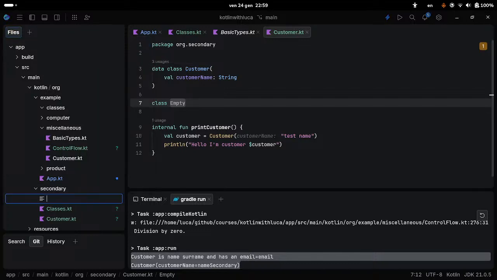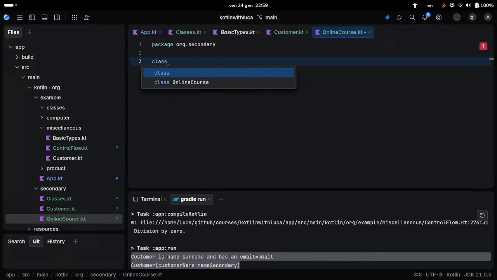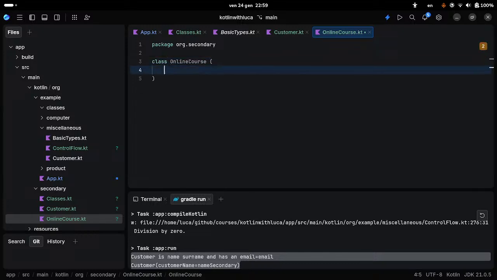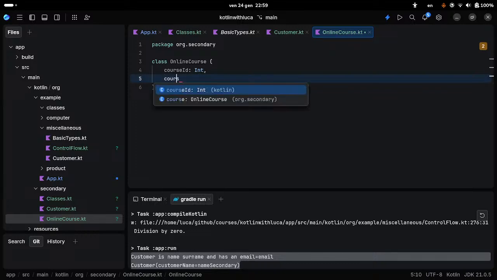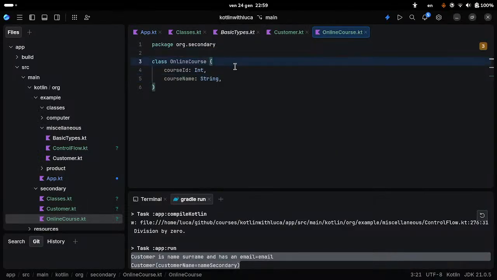I have an example here, let's say OnlineCourse.kt. And now we're going to say class OnlineCourse, and then we're giving it a course ID and a course name, right? So this is the primary constructor